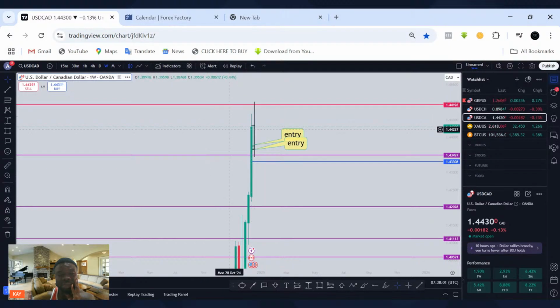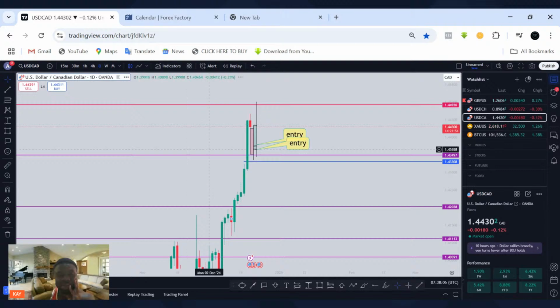If you check the candles too, the candles are all bullish. If you look at the daily time frame, the previous candle is bullish. It is now flipping bearish. So this is the pullback. I'm expecting it to happen on